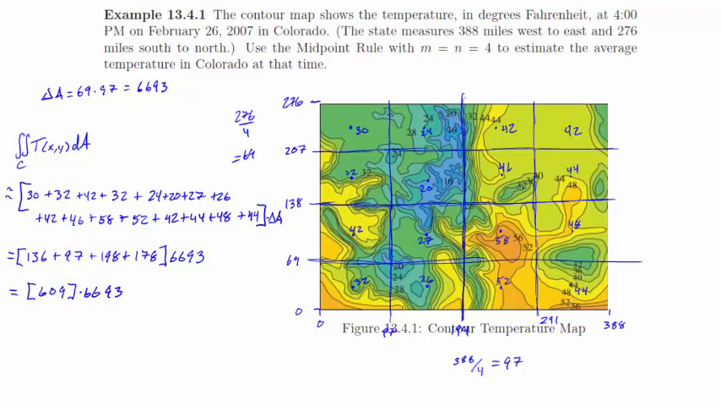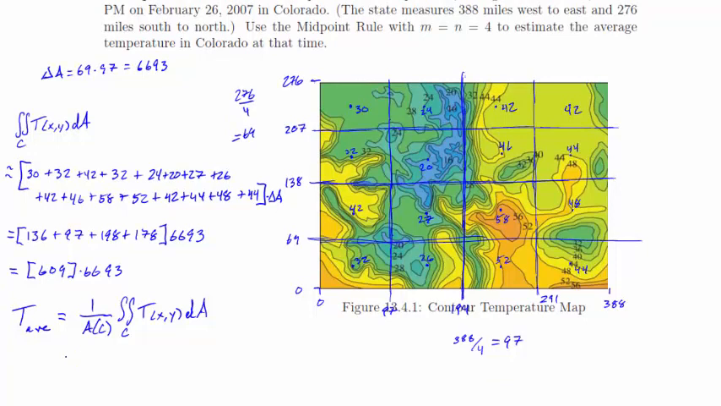And let's not multiply these together because it's not really what we're looking for. What we're looking for is the average temperature, which is going to be 1 divided by the total area, so the area of Colorado, times this integral here, the double integral over the state of Colorado of the temperature function with respect to the area. And this then, 1 over the area is